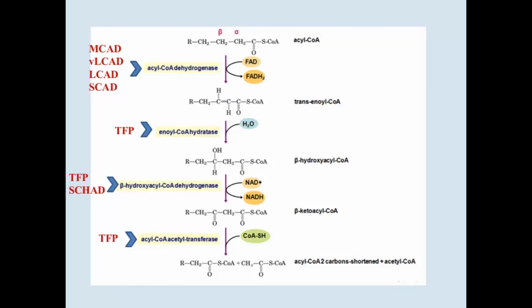This little figure just shows you the various types of fatty acid disorders as you go down the fatty acid pathway. So MCADD is medium chain, VLCADD is very long chain, LCADD is long chain, SCADD is short chain. TFP is trifunctional protein deficiency, which is essentially the most severe on the spectrum of fatty acid disorders. And the farther along you get, if you have a defect in that, it affects you more, obviously, because you have more backing up.